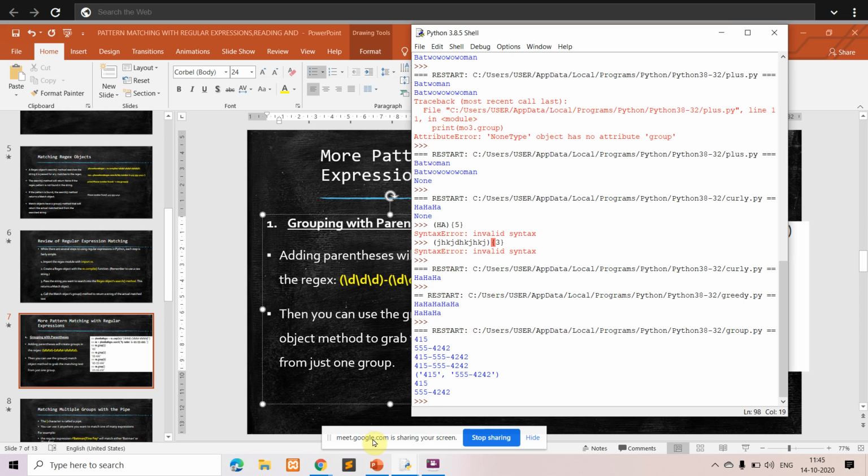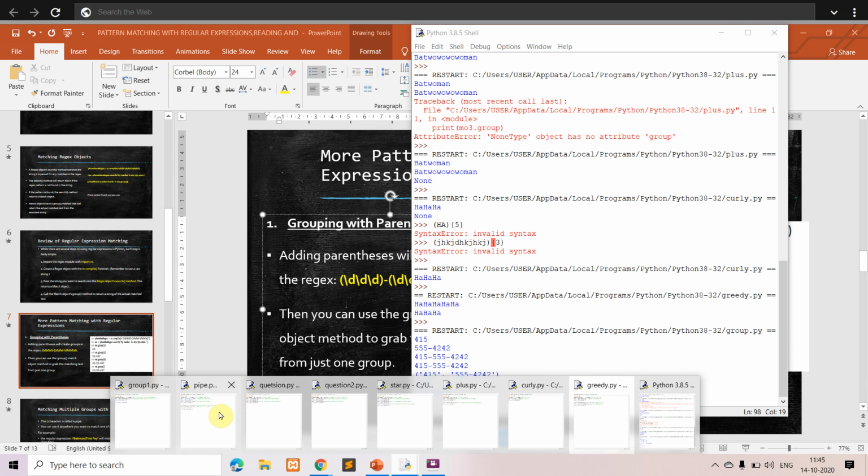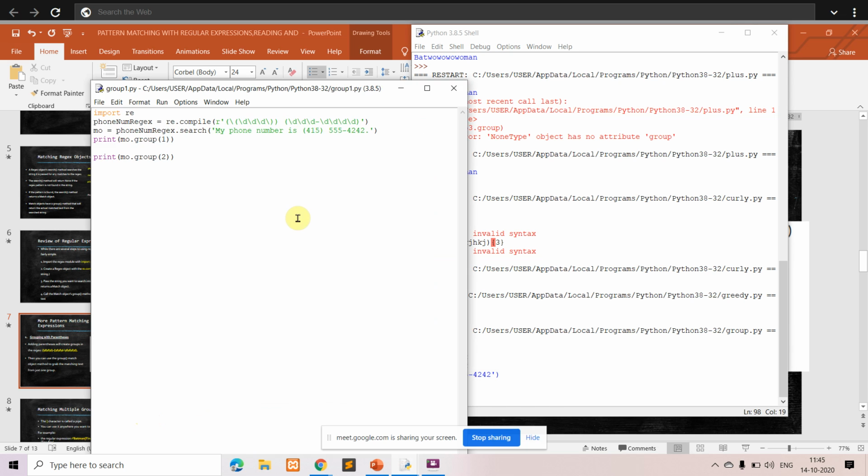You have one more example for groups. We'll just see this. In this particular example, sometimes you want the parenthesis also to be printed along with the text. Parentheses have a special meaning in regular expressions, but we don't want that meaning; we just want them to be printed as they are.